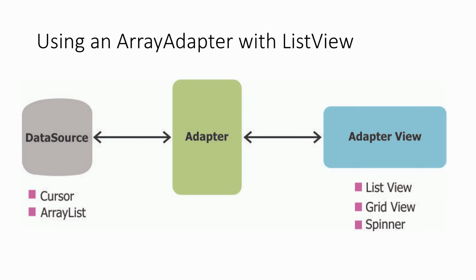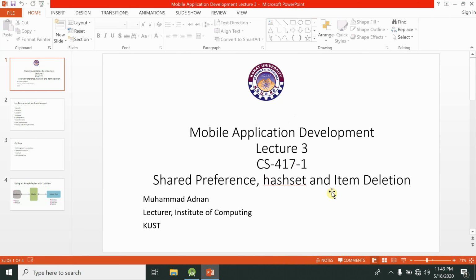And also you design what kind of design the list view will have, you code it inside the adapter class. We are going to discuss that in some other lecture, but for now remember that the adapter is a bridge between your adapter view and data source. It takes data from the data source and gives it to the adapter view, and that adapter view displays that data. All right, so now let me go to the coding part.